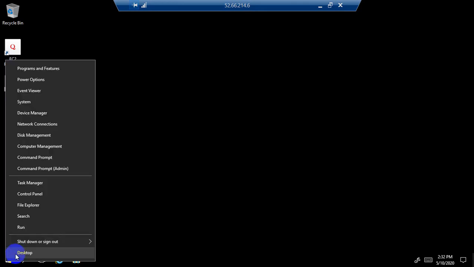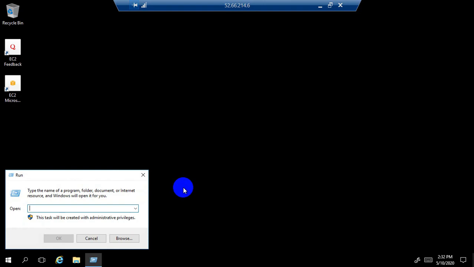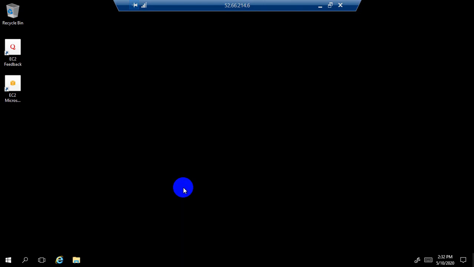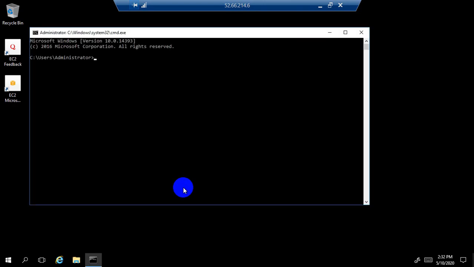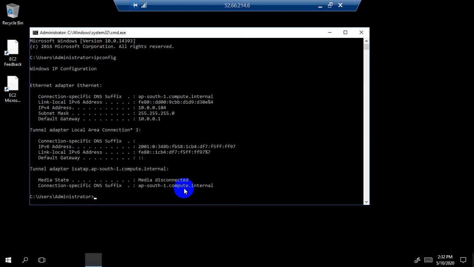Now go to run and let us check the IP address of this PC or this EC2 instance. For that purpose, type the command ipconfig in the DOS prompt. You can see here the IPv4 address, which is 10.0.0.104. So this is a private IP address,